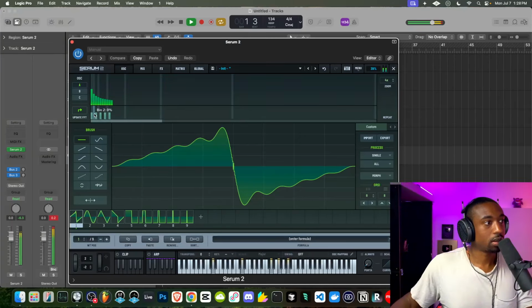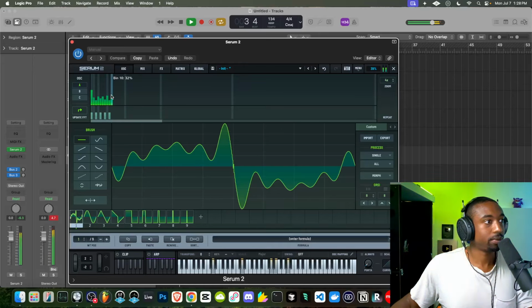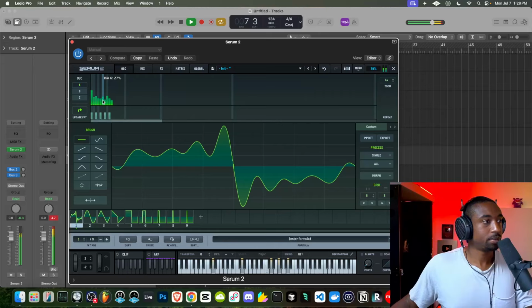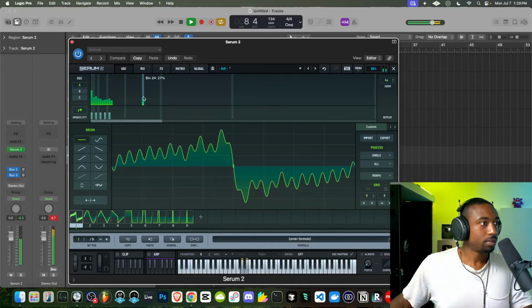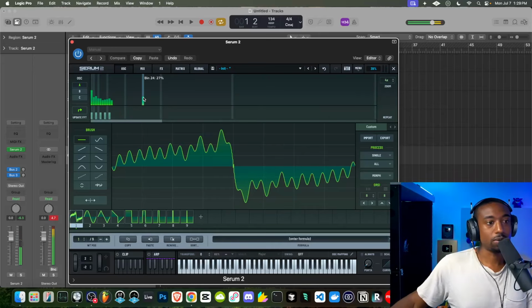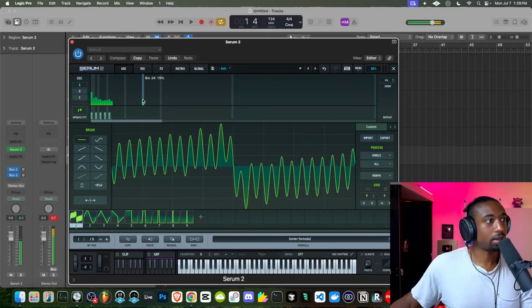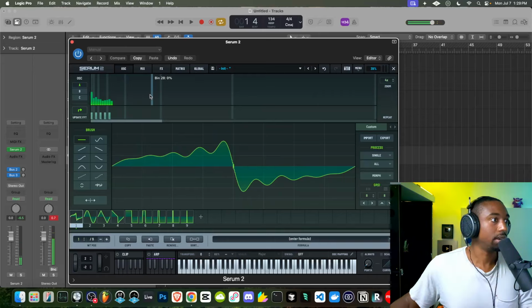So we can change the balance here. See this frequency, even at the 24th harmonic, you guys can hear that frequency. Like we're never gonna truly need that frequency beyond that point.